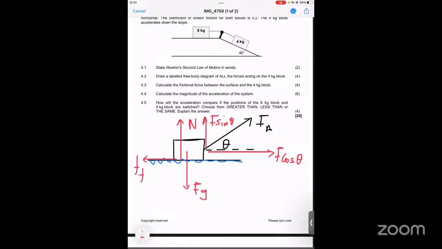And then in terms of the up and down forces, it is actually Fg which is now equal to the normal force, including that other component. So it is not just Fg being equal to normal force,